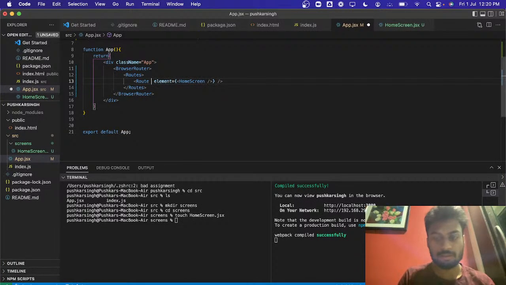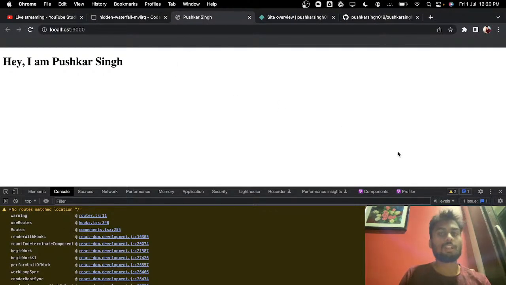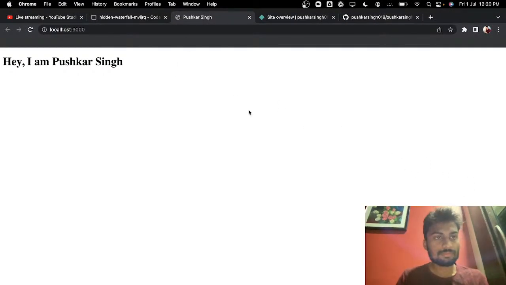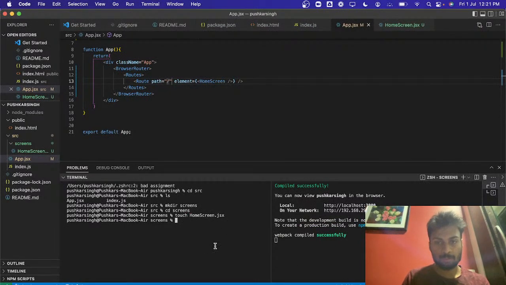Oh shit, sorry. I forgot to add path here. Okay, cool. So we have the home screen set up here. Okay, we have the home screen set up,